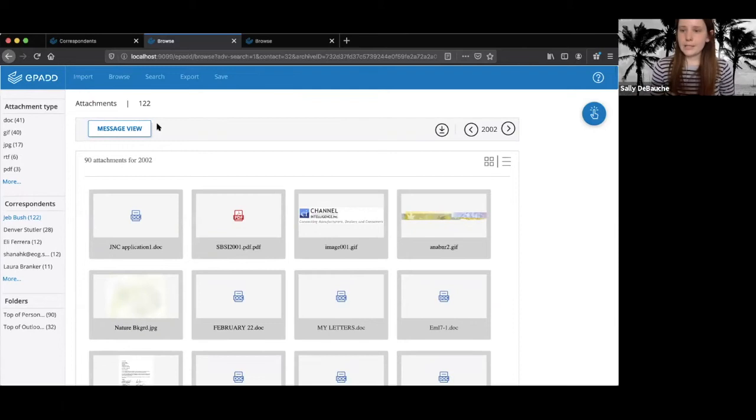So this is the first version, like I said. We're hoping to release a beta version that you'll be able to test out in the next few weeks. It may look slightly different, the look and feel might change, but all of the basic features are in place now. So we're really excited to get that out to you.